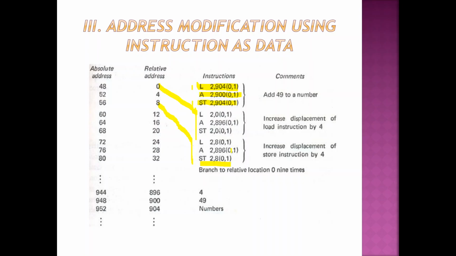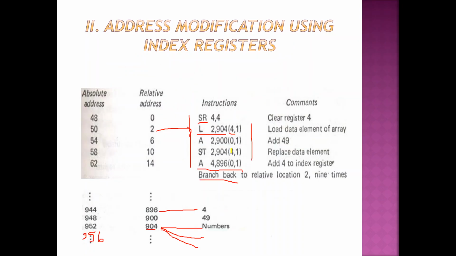You understand? But this is not considered to be very efficient because it goes and touches the source code itself. Sometimes it may be a problem. Maybe there will be a person X who would have written the code, and a person Y who will try to execute the code, so they may not understand what has actually gone into it. So touching the code is actually not advised. According to us, the best method is going to be using the index register only.